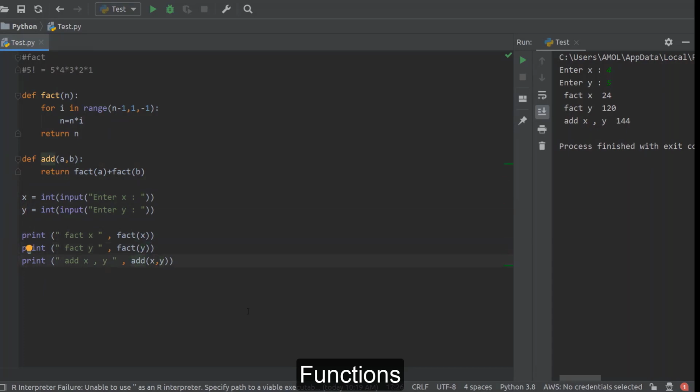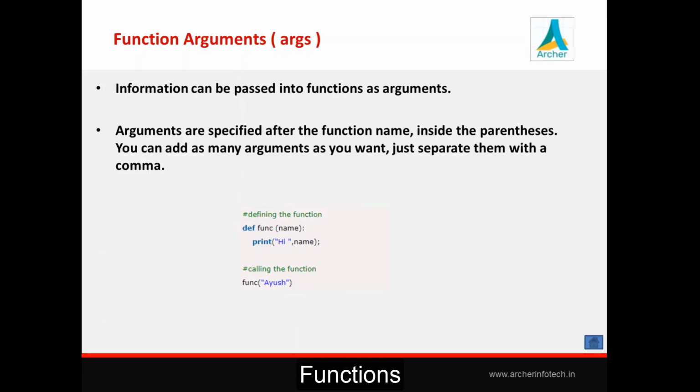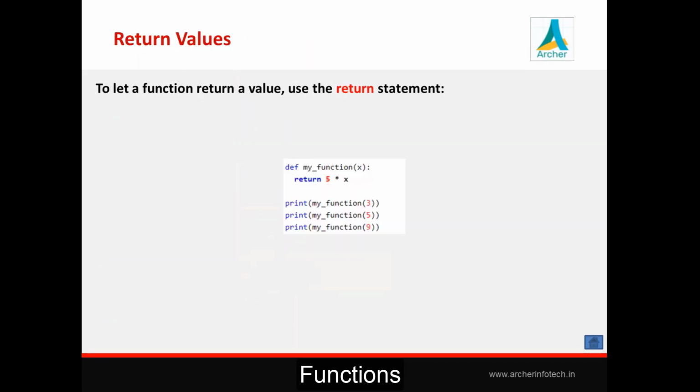So bottom line is that you can write down any number of functions in your program. You can call any function from any other function for any number of times in your program. So that is idea behind function. That is idea of procedural programming, that divide your larger code into smaller functions and call that function as per your requirement and manage your code. That is basic concept of functions. We having idea how to define a function, how we can call a function, how we can pass arguments to function, how we can get return value from a function.